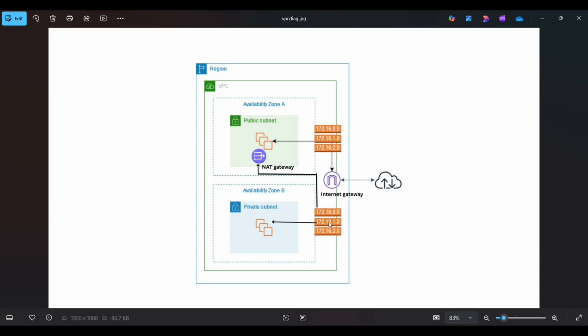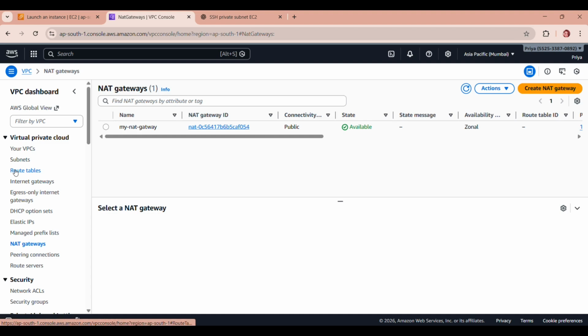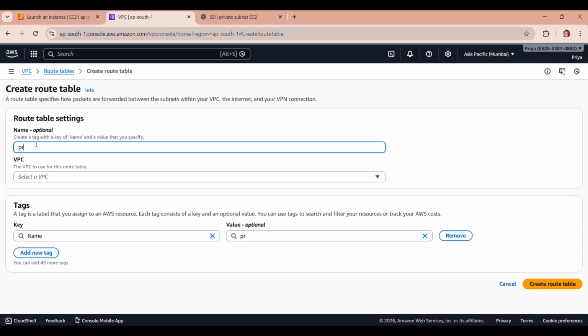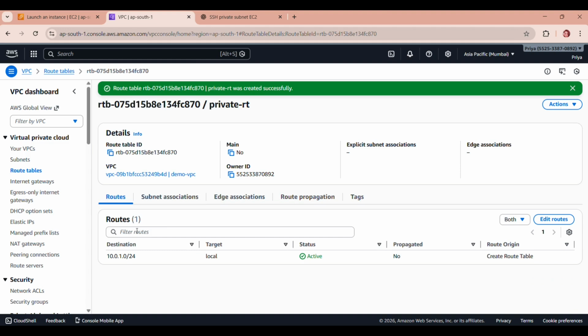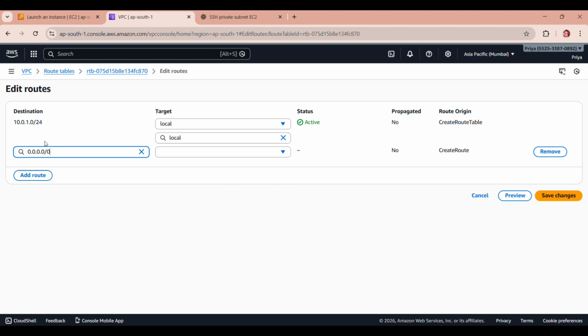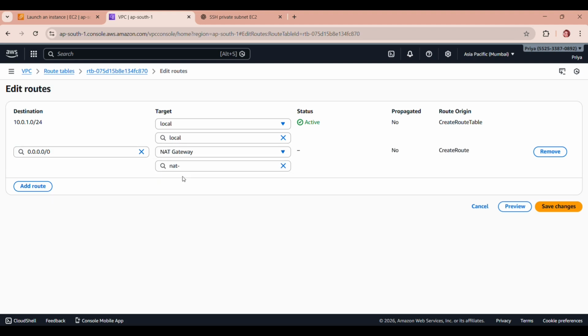Now we will create a route table and give a route from private subnet to NAT gateway. So go to route table and click on create route table and give a name. For this one, let me give private route table because it is for private subnet. Otherwise you can give any name, and select the VPC and create route table. Now we will add a route to our NAT gateway. Add route, select the IP and the NAT gateway, and then select the NAT gateway which we have created